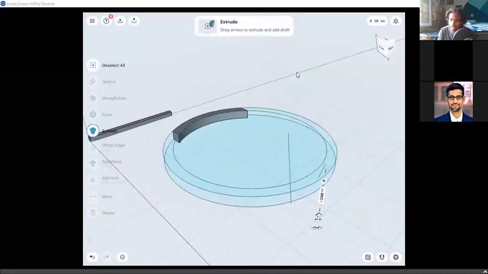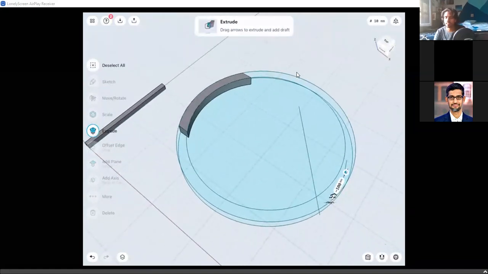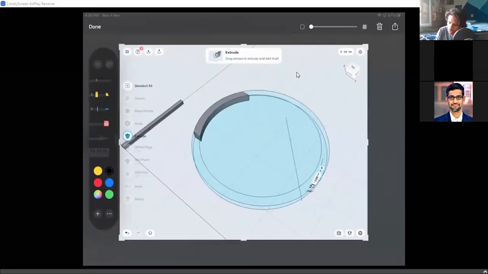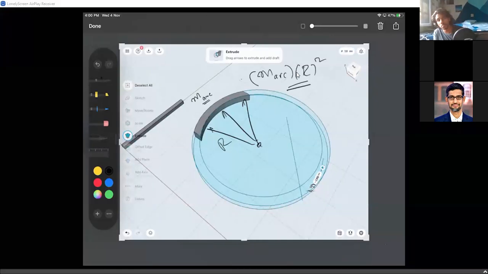Just this part, like every transfer part is not there. Just this part, it's like an arc, only an arc length. I'm just talking about an arc length. The mass of this thing is m arc. Everything is at a distance r only. So the moment of inertia is nothing but m arc into r square. That is the beauty about moment of inertia. It's not really about the shape. All that matters is the mass and distance from the axis of rotation. Those are the only two things that need to be clearly observed.